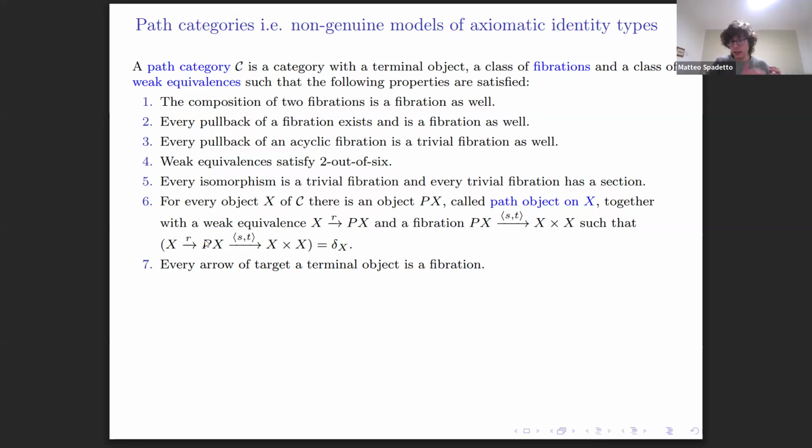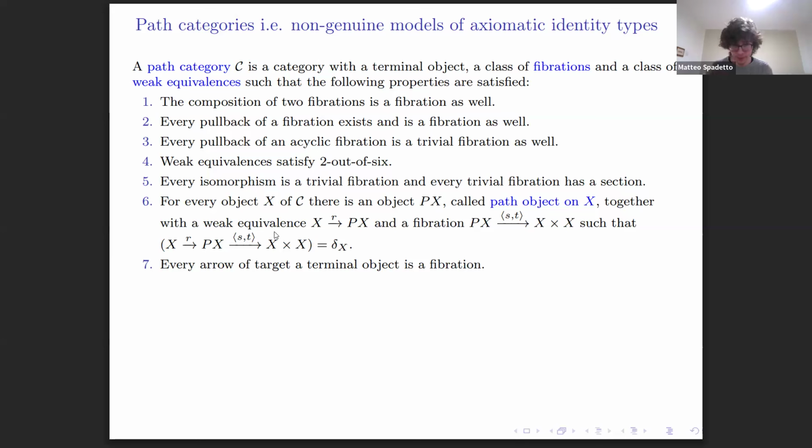And as I was saying, in a square with a weak equivalence on the left and a fibration on the right, there will be lower fillers that make the lower triangle commute, but the upper one only commutes up to such a homotopy between parallel arrows. This is precisely the reason why these fibrations validate axiomatic identity types, but not necessarily intensional